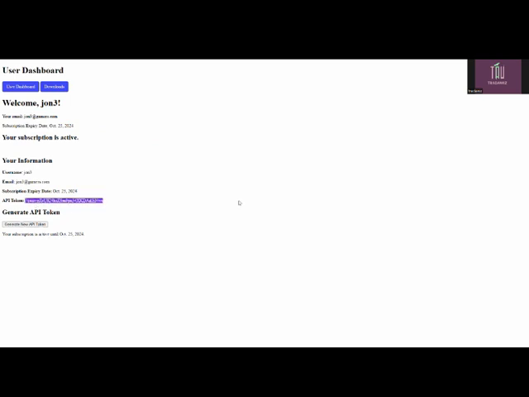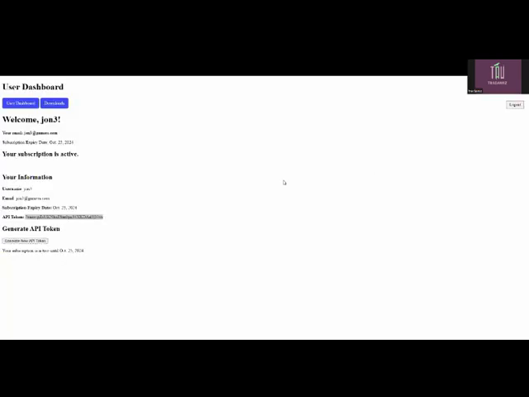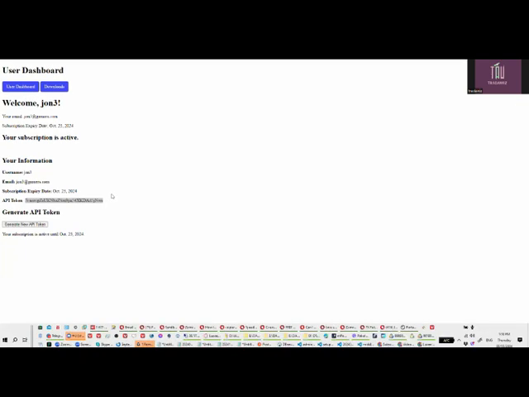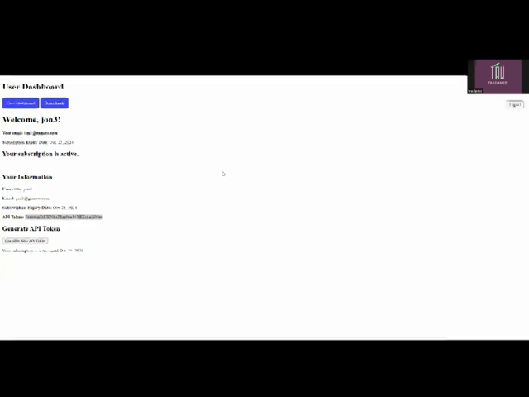And of course your payment will be based on the... So once you have this API token, you will be able to use this for your configuration later on.